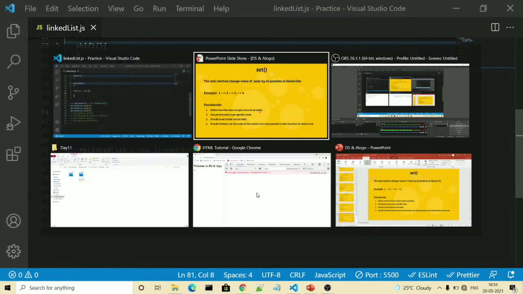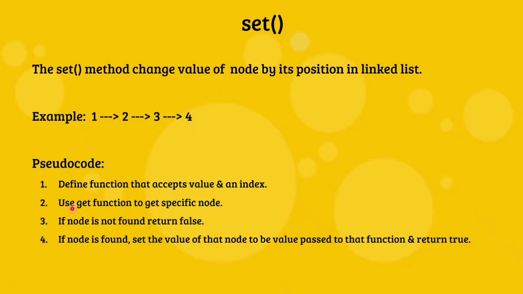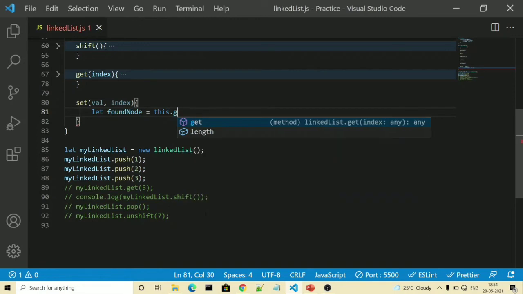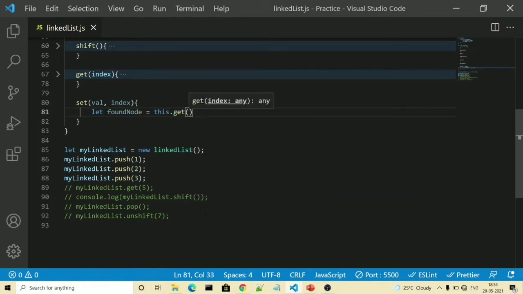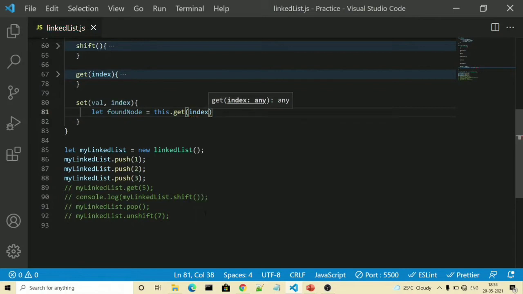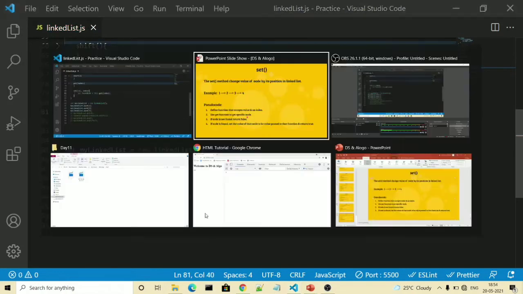And then inside that, it has been told use get function to get specified node. So I will write let found node variable. Inside that, I will call our get method, this.get, and there I will pass our index. Till this point, everything is clear.